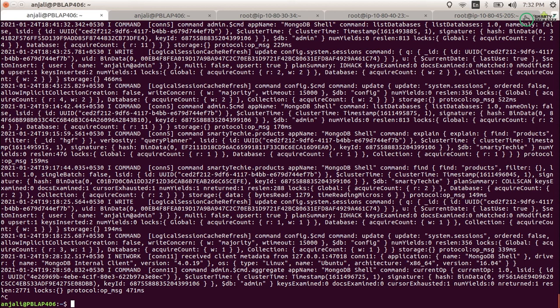After checking the load and the CPU utilization, if it is high, that means there is a query running in the background which is impacting the health of our server. If it is impacting the health of our server, then I check the log file. If it is not printing in the log file, then I check the current operation, and in that case most of the time I find the culprit of the performance degradation. So these are the steps which I use while checking the performance.